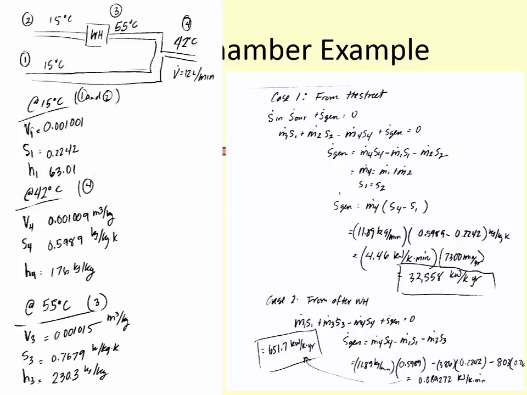So 32,000, that's pretty big. Let's just look at from here forward. So we're going to ignore the water heater. We get m dot 1 S1 plus m dot 3 S3 minus m dot 4 S4 plus S dot gen is equal to 0. Okay, so starting with this energy balance, putting in now, instead of m2, s2, we have m3, s3. That's the main term that changes. So instead of looking at the fluid stream before we get to the water heater, we're looking at it after. So we plug in the numbers for that case, and we get